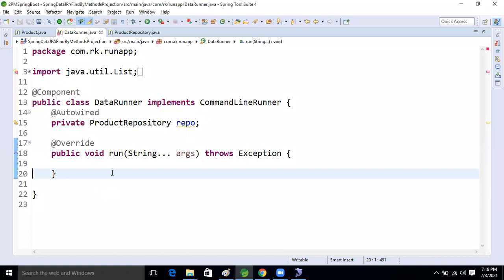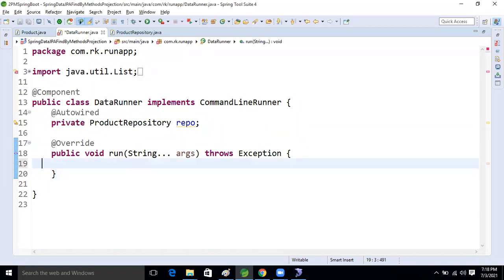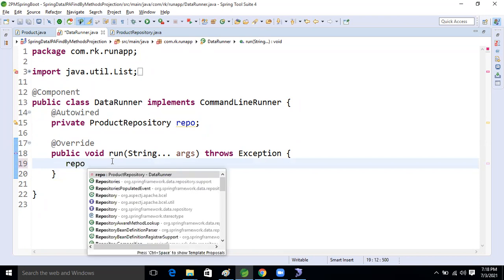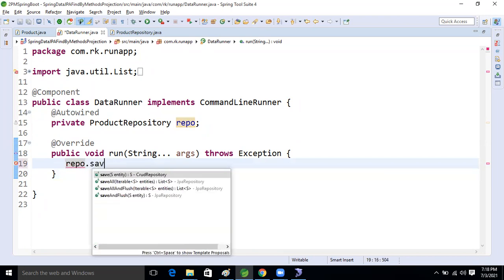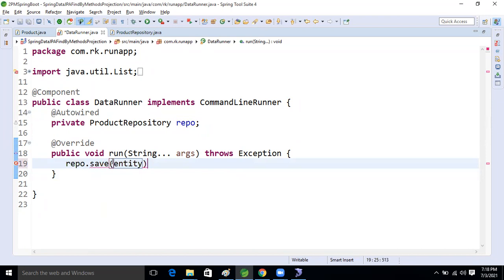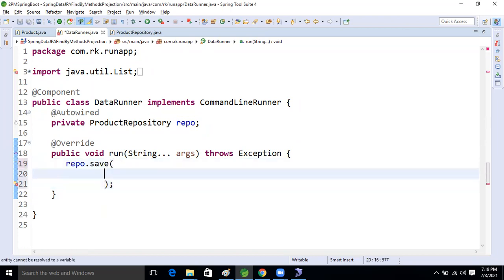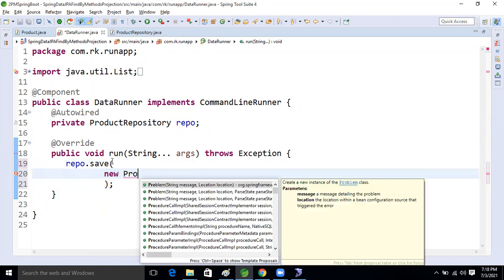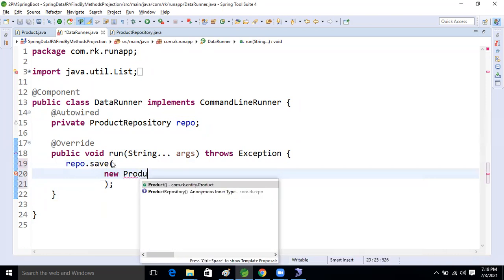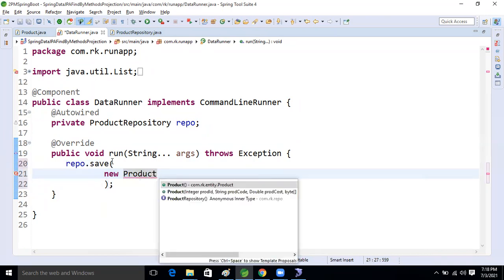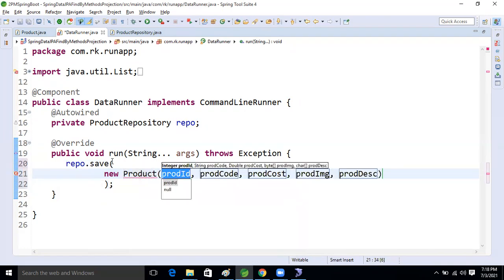Okay, guys. So now repo dot save. I'm saving this one, right? After that, what I'm going to do now? Here, take new product.